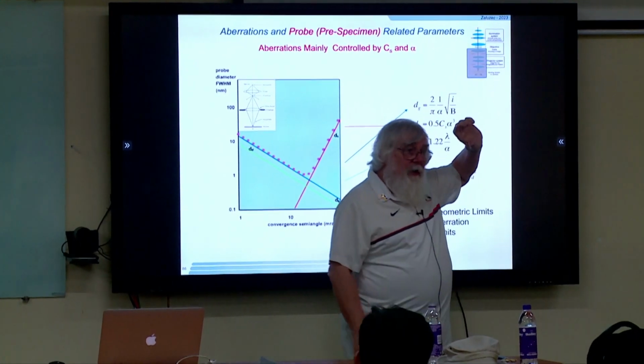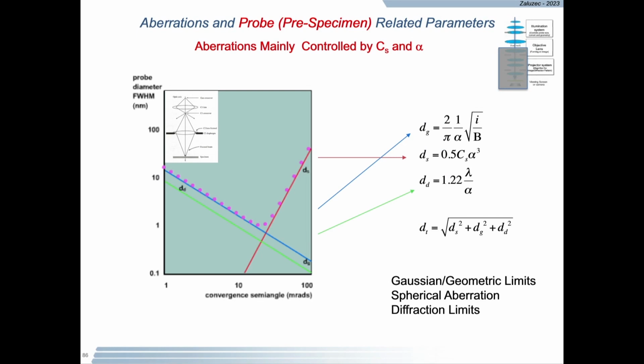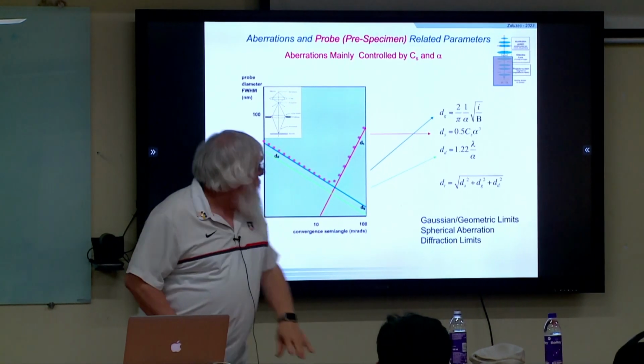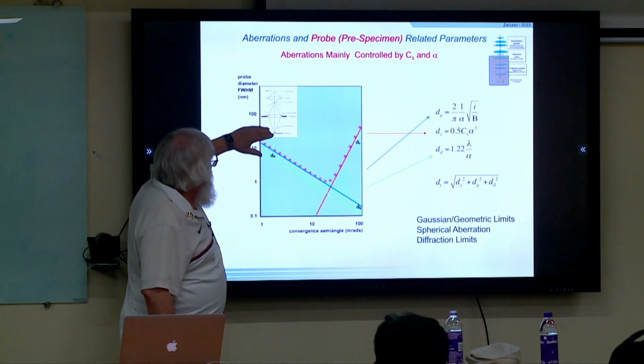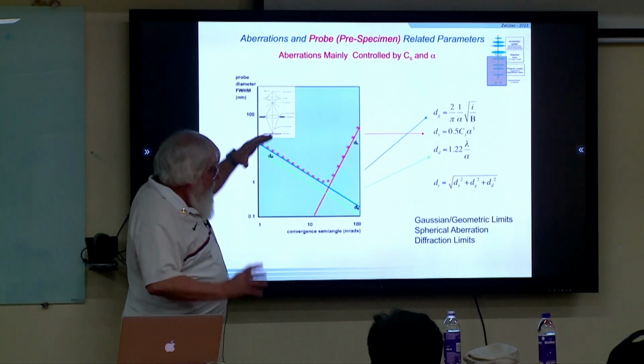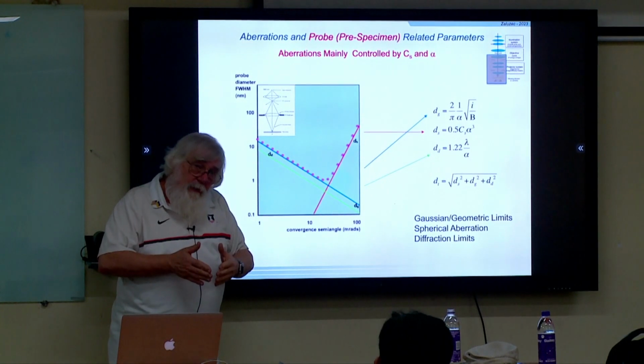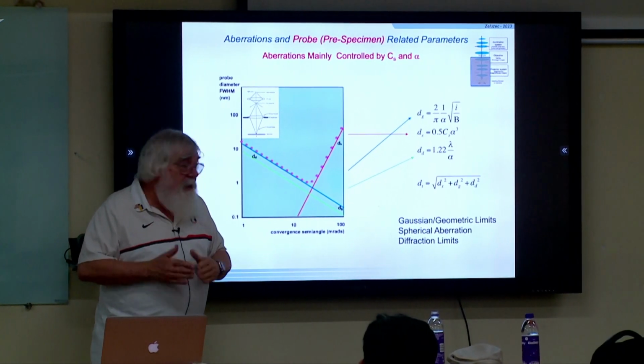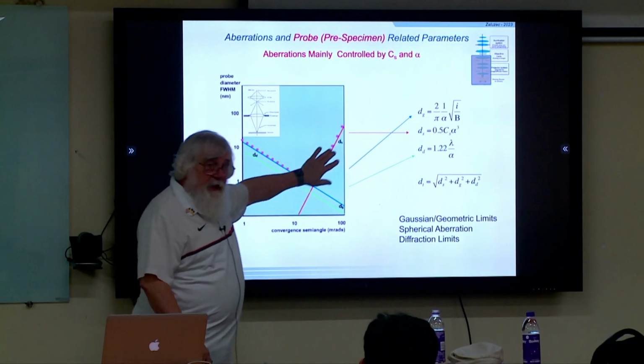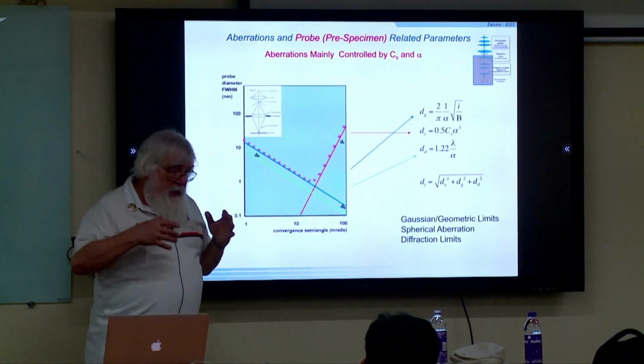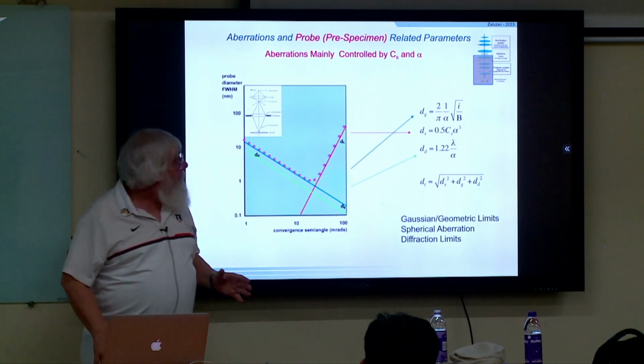I want to talk about this corrector in pre-specimen. So if this is our entire microscope, I'm going to talk just about a corrector on the probe forming system, okay? And you see it here. So I'm talking about the ability to form a probe and to form a small probe. Now, this general curve that I showed you relates how we create a probe. And there are